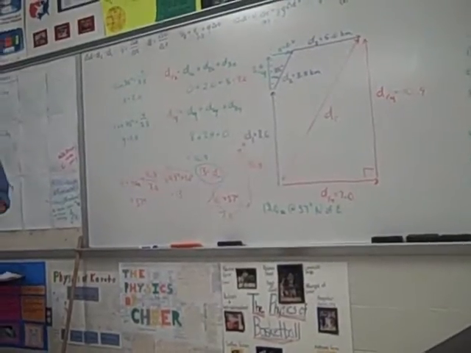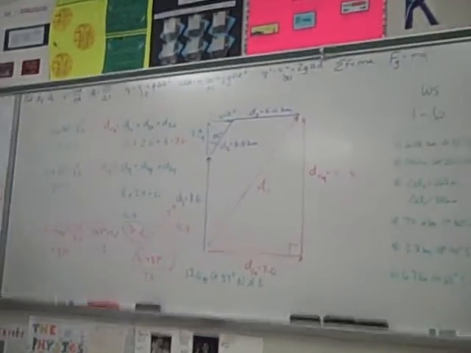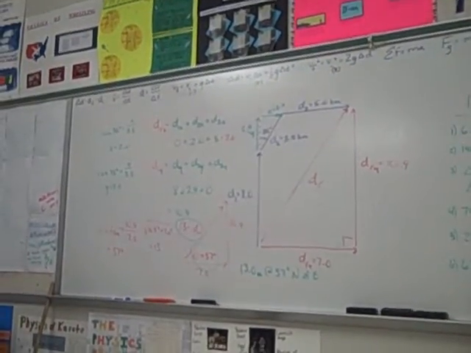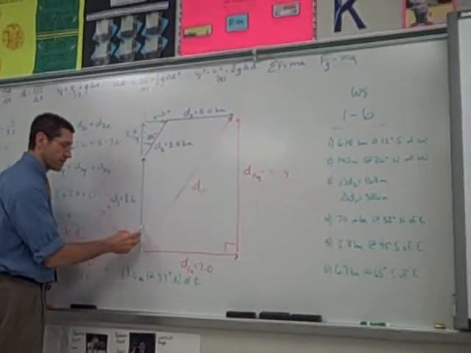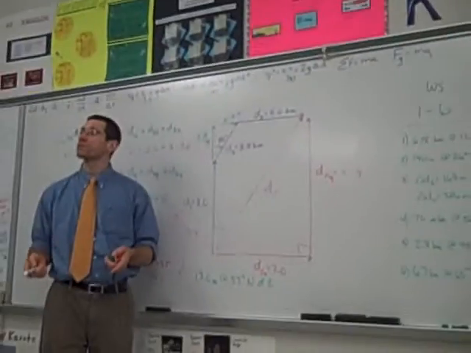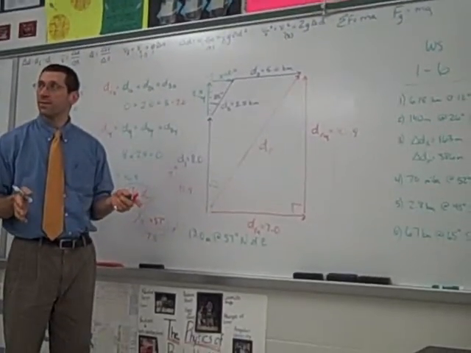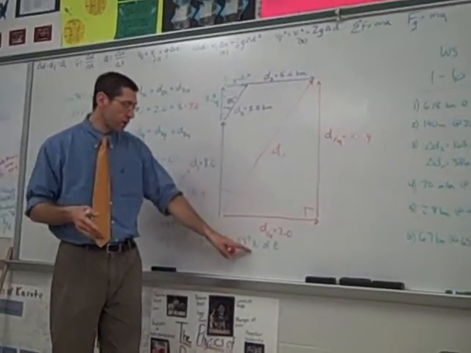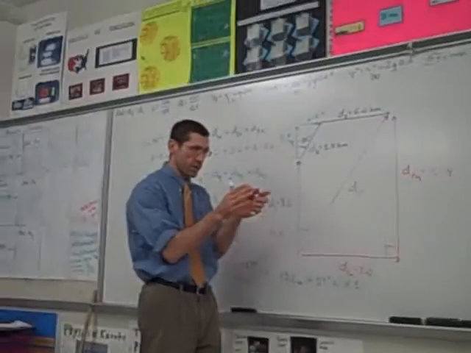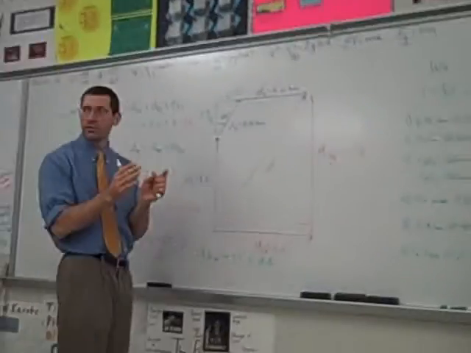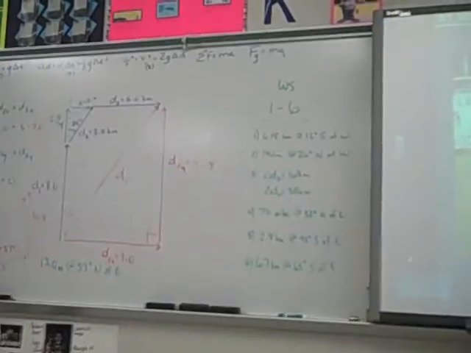Anybody have questions on it? Josh? If he was initially oriented going north and then veered east, how come it's not east of north? Well, we could say that. If we wanted to find this angle instead, we would say 33 east of north. So let's just picture he's standing here. And if I want to do it this way, he's got to figure out which way is east and then turn. If I tell him go the other way, then he wants to make sure he's pointing north first and turn. Okay. Other questions on